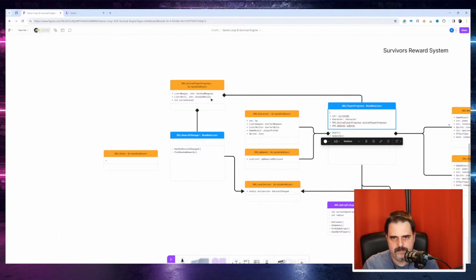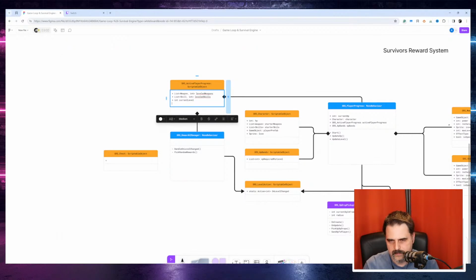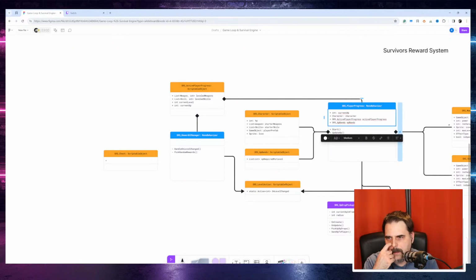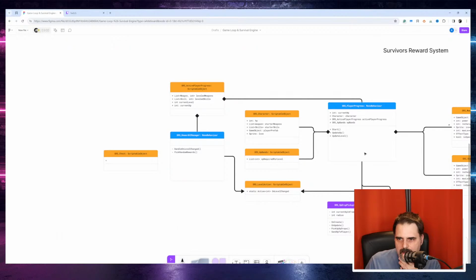I will see that. So it's a better place, and then this one gets updated. So if we pick up, then if I get a pickup, I can calculate the level. The reward UI doesn't care about the XP, but the